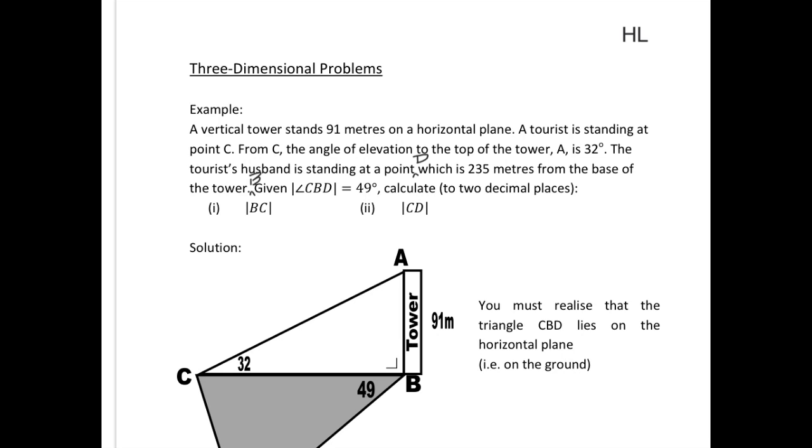A tourist is standing at point C. From C, the angle of elevation to the top of the tower A is 32 degrees. The tourist's husband is standing at a point D, which is 235 meters from the base of the tower B. Given that the angle CBD is 49 degrees, calculate to two decimal places, 1. the length of BC, and